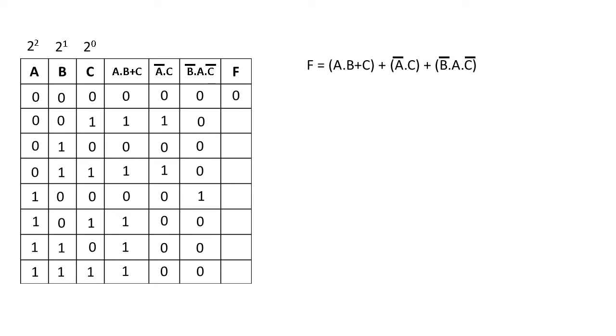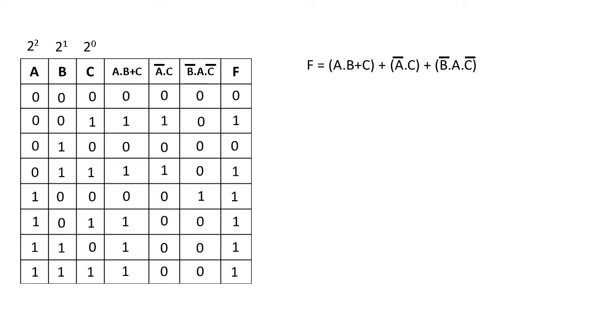Just observe, add all those three parameters. So 0 plus 0 plus 0, that means 0. 1 plus 1 plus 0, sorry, that will be 1. 0 plus 0 plus 0, 0. 1 plus 1 plus 0, so it will be 1. 0 0 1, it will be 1, and 1 0 0, it will be 1, 1 0 1, 1 1 0, it will be also 1. So I hope you have understood how to create this truth table.